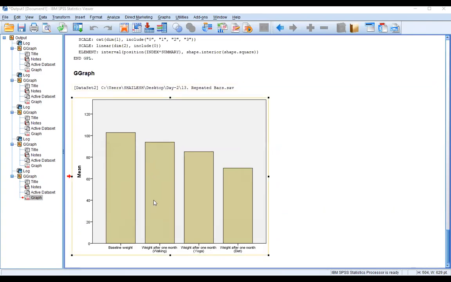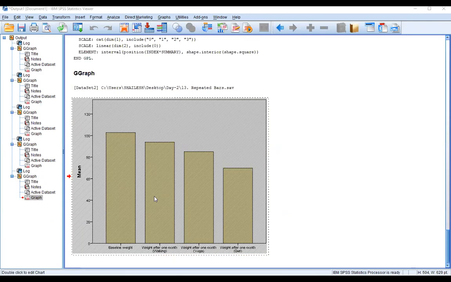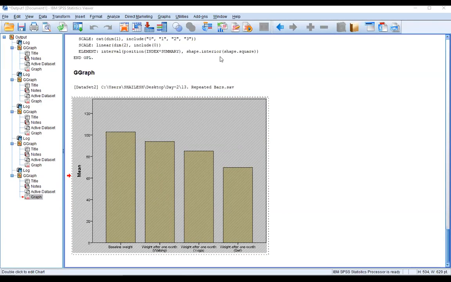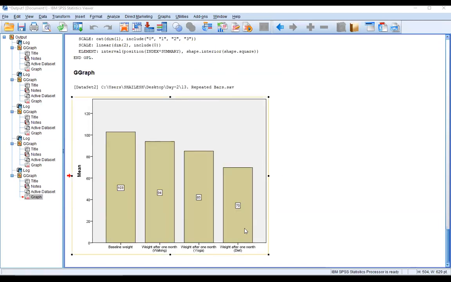Now double click it, and then options and elements, data labels, press here, then second column, third column, and the fourth column. So through this graph, we can understand the diet. It's a hypothetical study, not the actual.